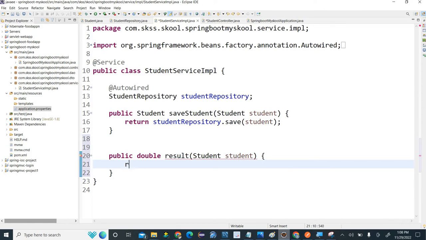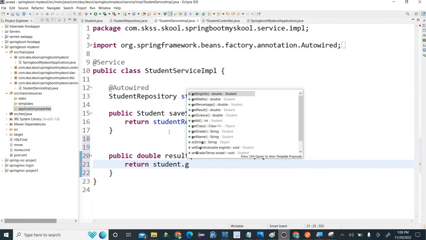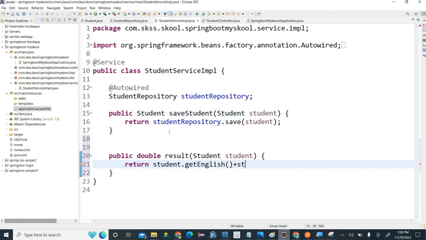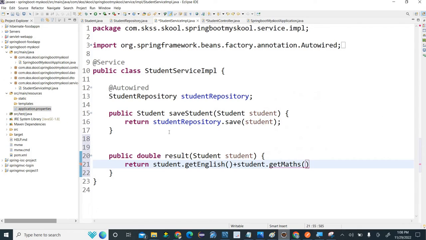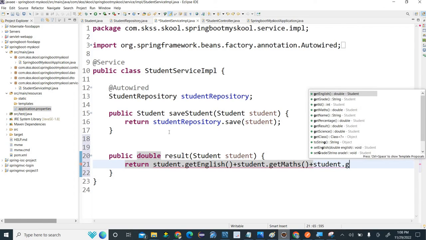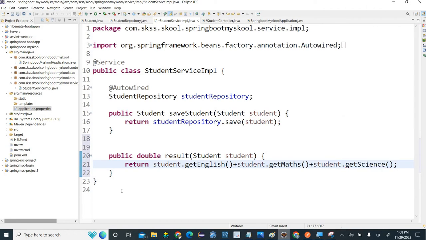So here what I will do, return student dot get English, student dot get maths, student dot get science. So I'm calculating all those three results, and next is public double